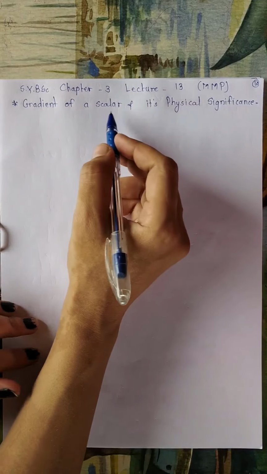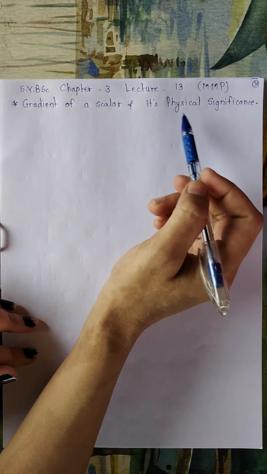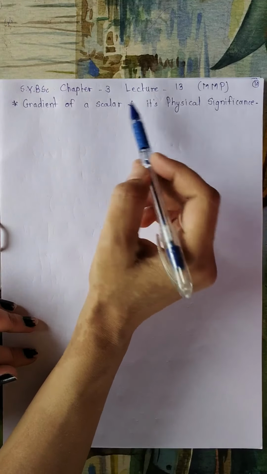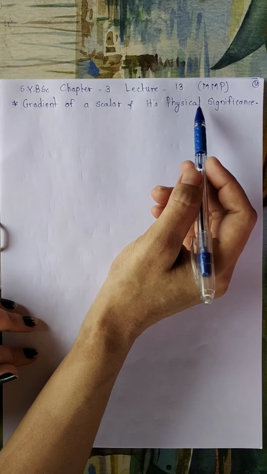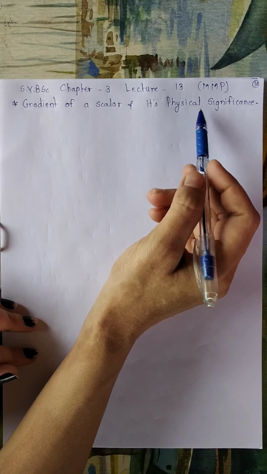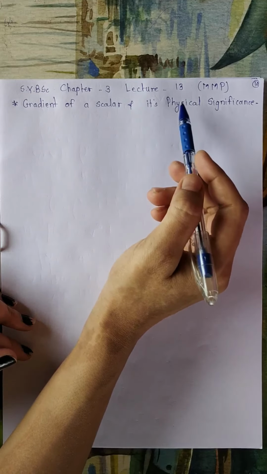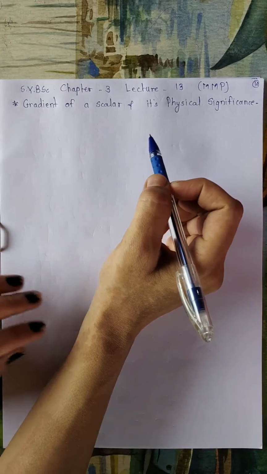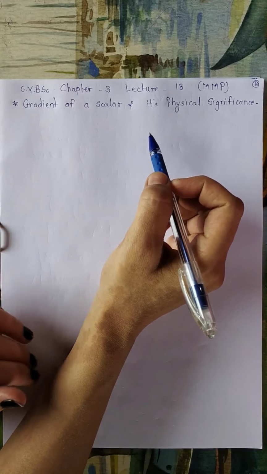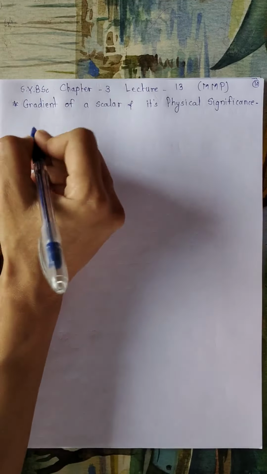Hello friends, today we will discuss the gradient of a scalar function and its physical significance. The meaning of physical significance here is the use of the gradient of a scalar in physics. So what is the meaning, or what is the use, of this del phi in physics, that we are going to discuss. To begin, in this article, for a scalar field, let's say